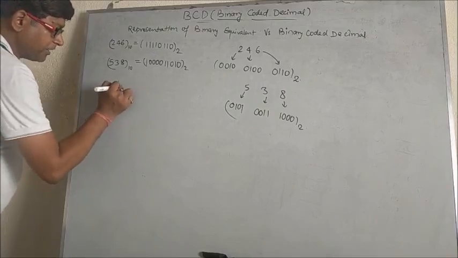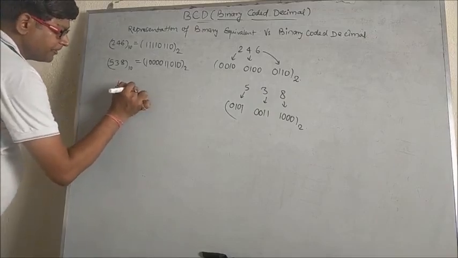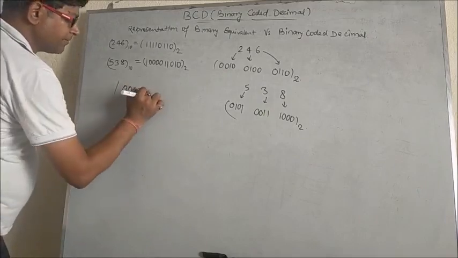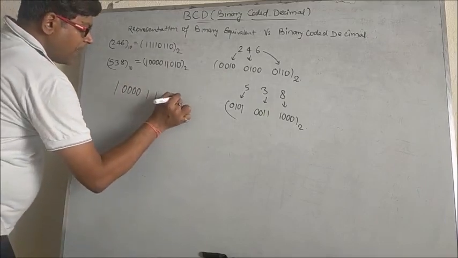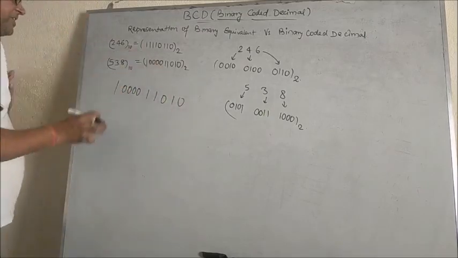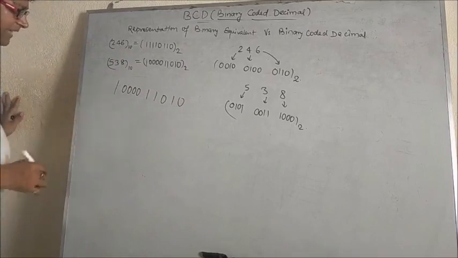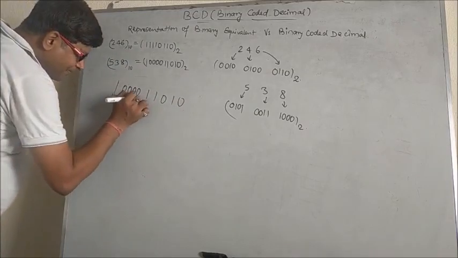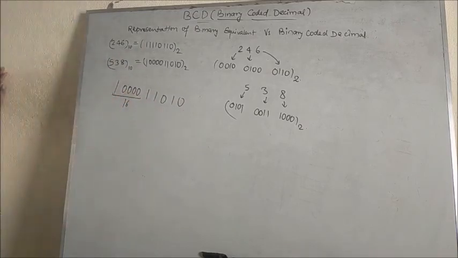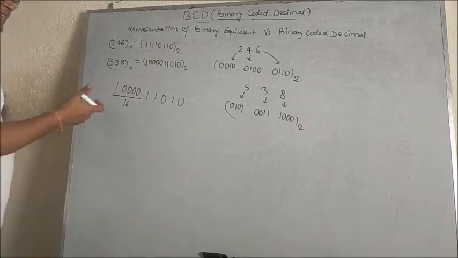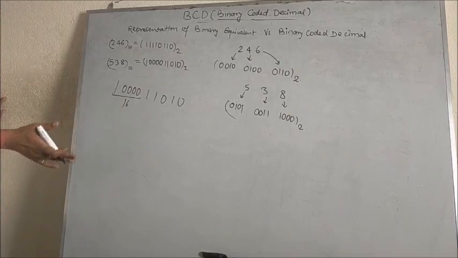So it will be your 1 double 00040 11 10। हम क्या चेक कर रहे हैं कि ये जो बाइनरी इक्विवेलेंट ये 538 का है, राइट? सो मुझे पता है कि ये पूरा 16 के बराबर होता है, करेक्ट? अगर आपको नहीं मालूम है तो आप 100 का भी ले सकते हैं या 10 से भी शुरू कर सकते हैं, बट द प्रोसेस विल बी द सेम, राइट?